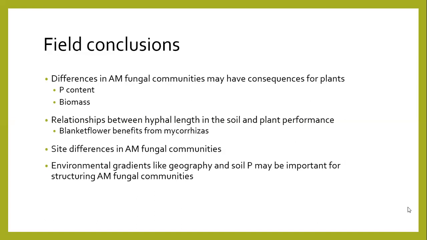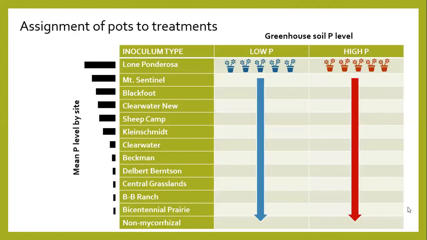Okay, so now we're going to move into the greenhouse portion of the research. I'm going to talk to you a little bit about how the greenhouse experiment was set up. These are the types of inoculum, coming from each site, and you can see that they're arranged by mean phosphorus level. The higher phosphorus sites are at the top,